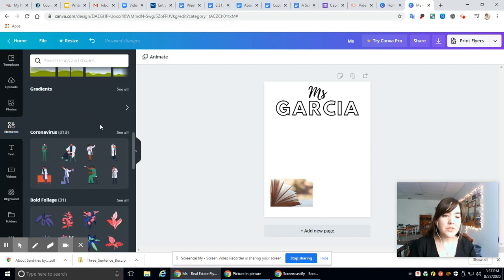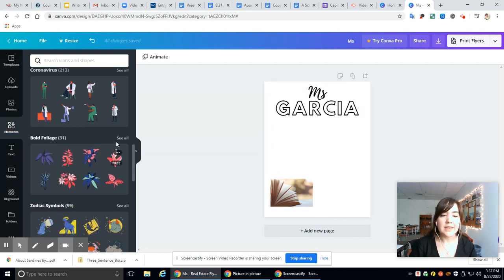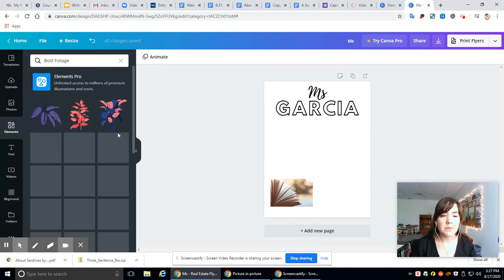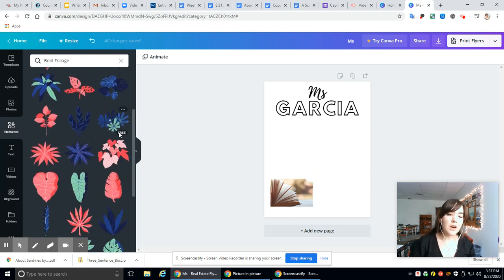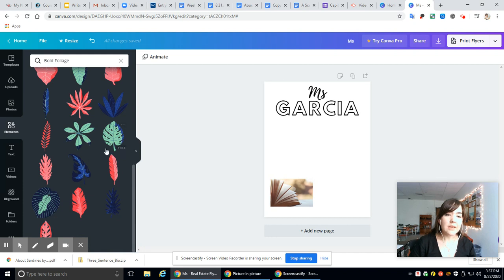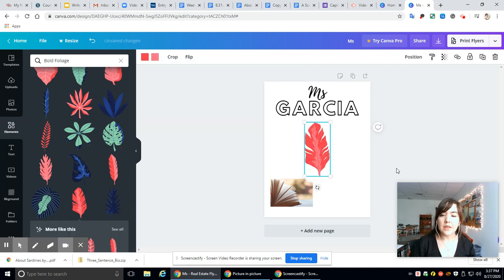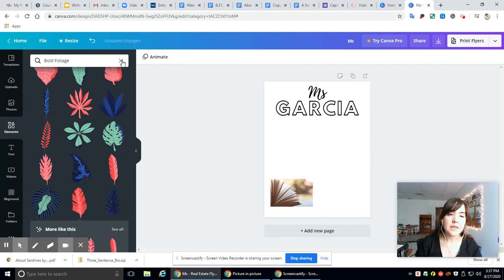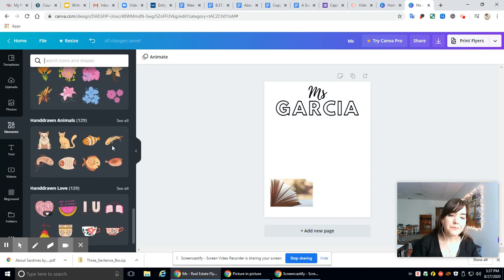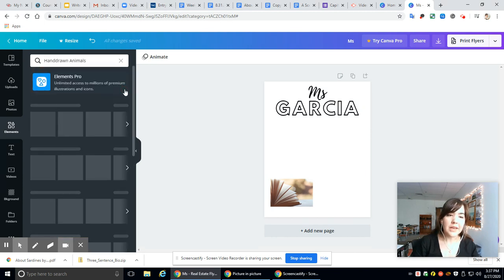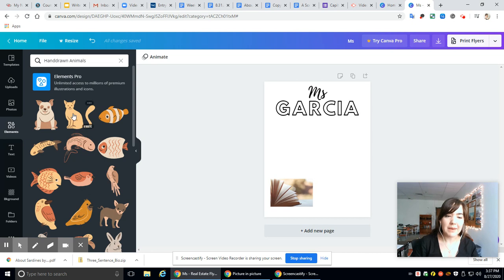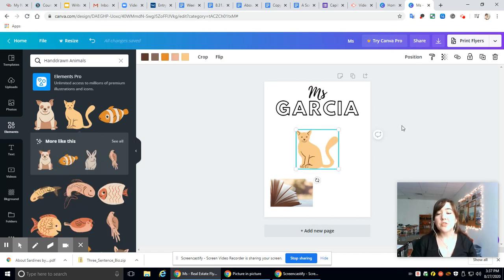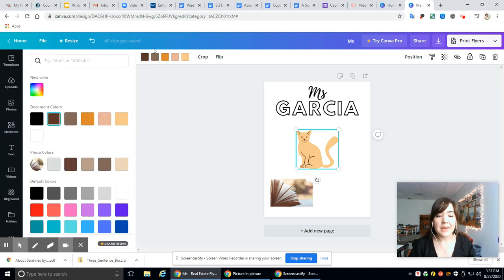Or if I go back to the main elements page, they just have decorative things that you can use as well. So I can be like, I'm going to add some flowers or something on there. And so I can do that. There we go, right? All kinds of things that they have on there. There's some animals, right? So that's cool. That was talking about my cats or something. So lots of things you can do, and you can even change the colors on them, which is so cool. So for instance, let's say I want my cat to be pink. I can make my cat